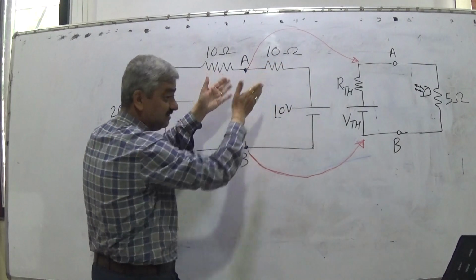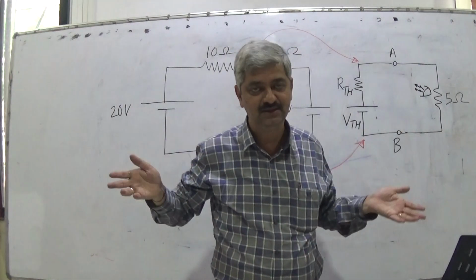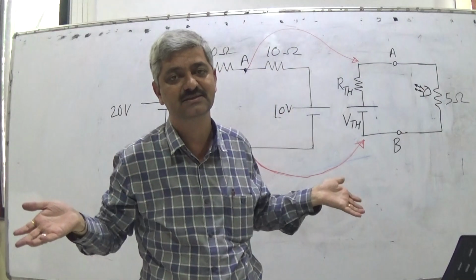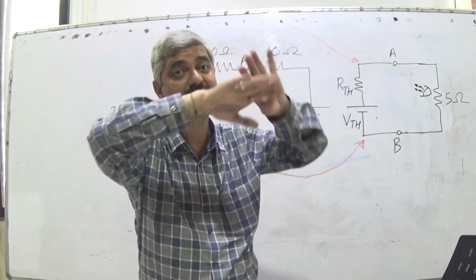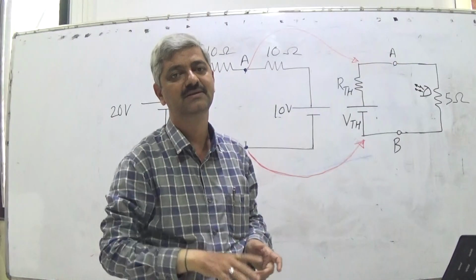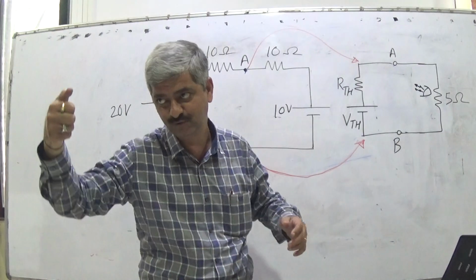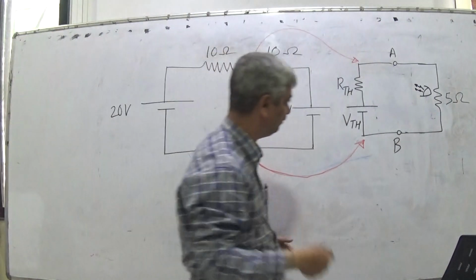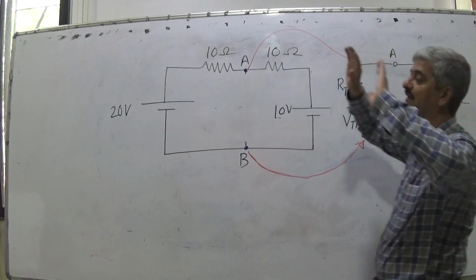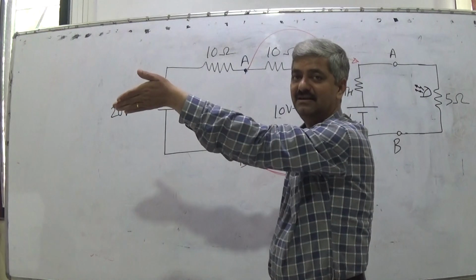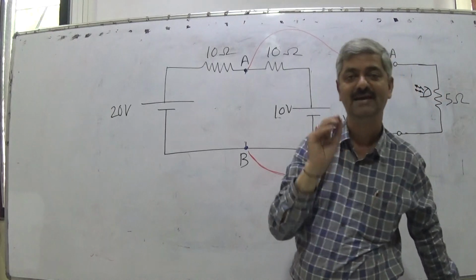Here there are two sources and two resistances. There can be multiple, there is no limit. You can construct 10 sources, 15 resistances, and the 16th one in which you have to find the current. So for any huge circuit, the resistance in which the current is to be found is separated, and from within that resistance you place yourself and look at it. Everything remaining is considered to be equivalent to this. So the question is now, how to find this?